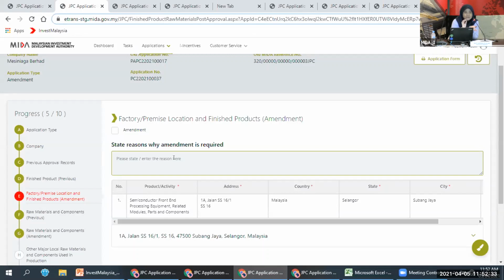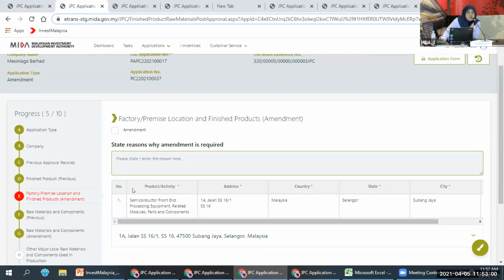Sometimes they do not want to amend location or finished product, but they want to amend the raw material and component, maybe the HS code, maybe the description. So if your amendment only involves the raw material, you can skip this section and go directly to the next section, which is the raw material and component section.